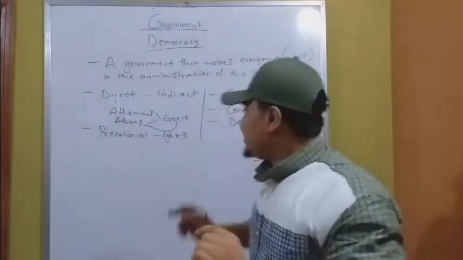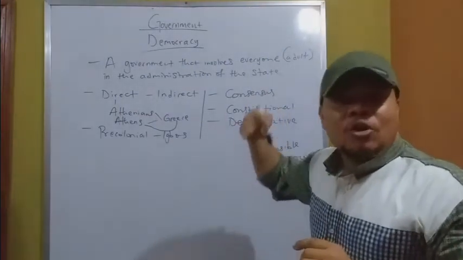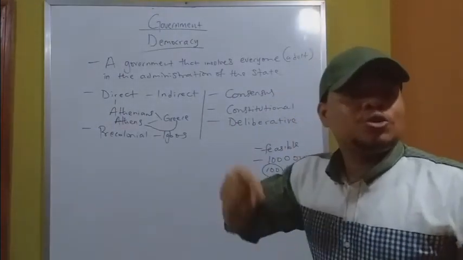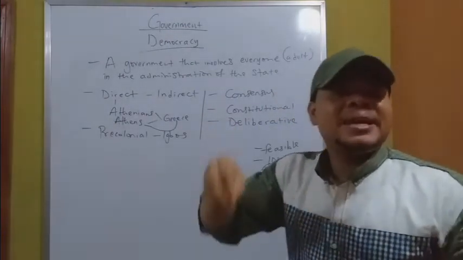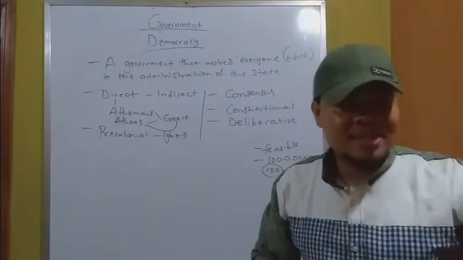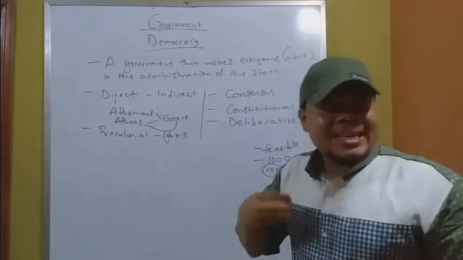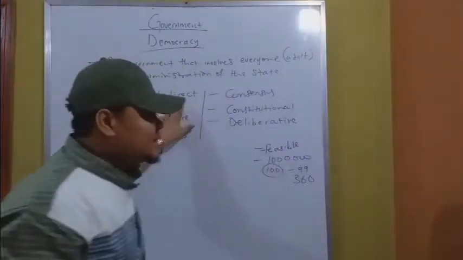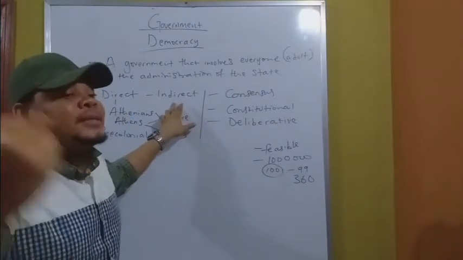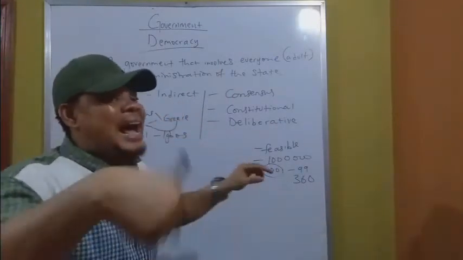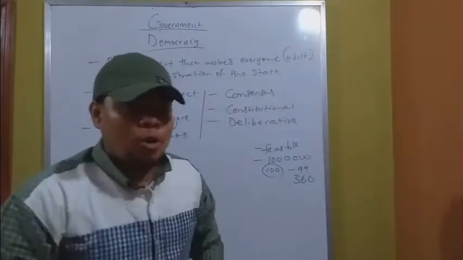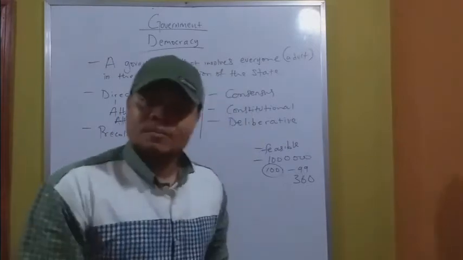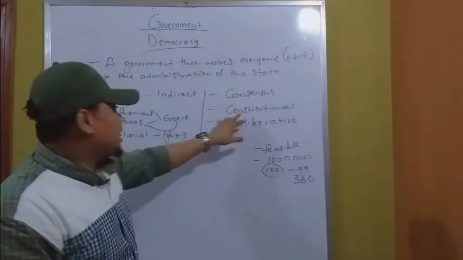What this means is that the laws that cannot be challenged in the land belong to the Constitution. What the Constitution says is final, irrespective of what the members of government say. It is the Constitution that gives directions to the members of government. And in indirect democracy, the Constitution is the fundamental body of laws that guide both the government and the governed. It creates principles that both the government and the governed follow. Are we together? So we can also call constitutional